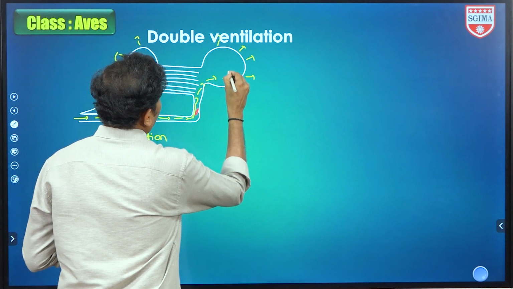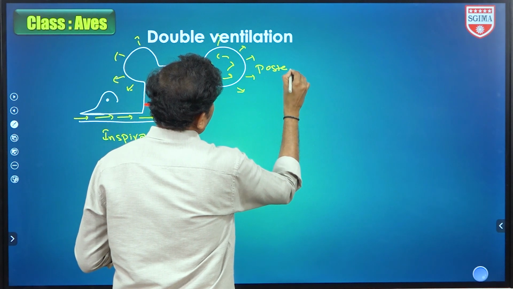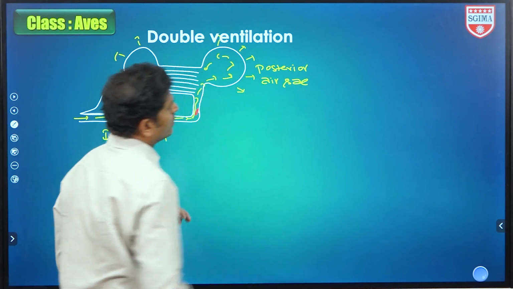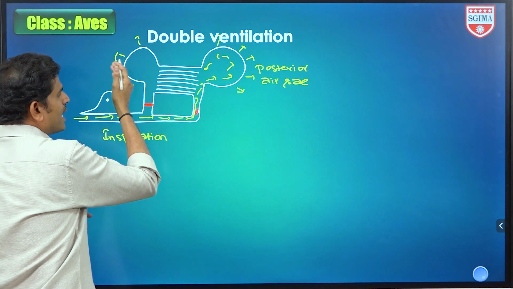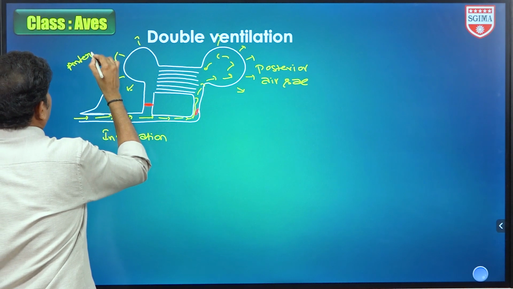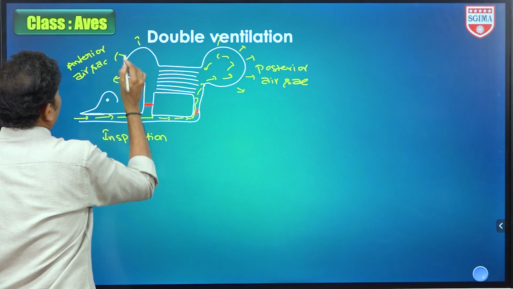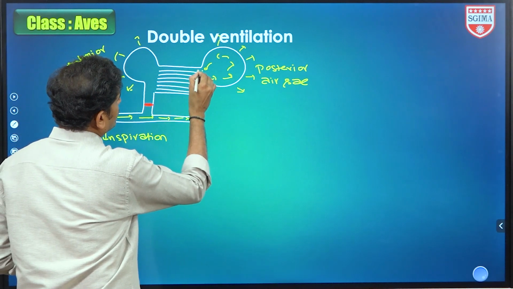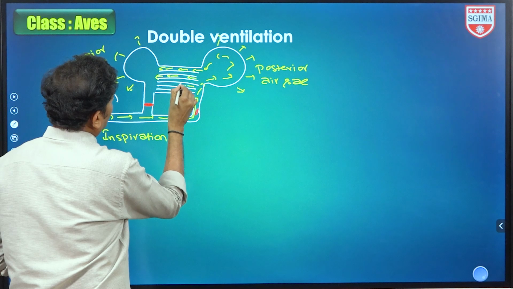इधर से first of all air will fill into this posterior air sac. Okay na? So this posterior air sac को air first of all fill करते. Then this air sac is the anterior or cervical air sac बोलते. This anterior air sac also expanded, no? Then it should also be filled. Then the air will travel through these small pipes. These are called parabronchi.